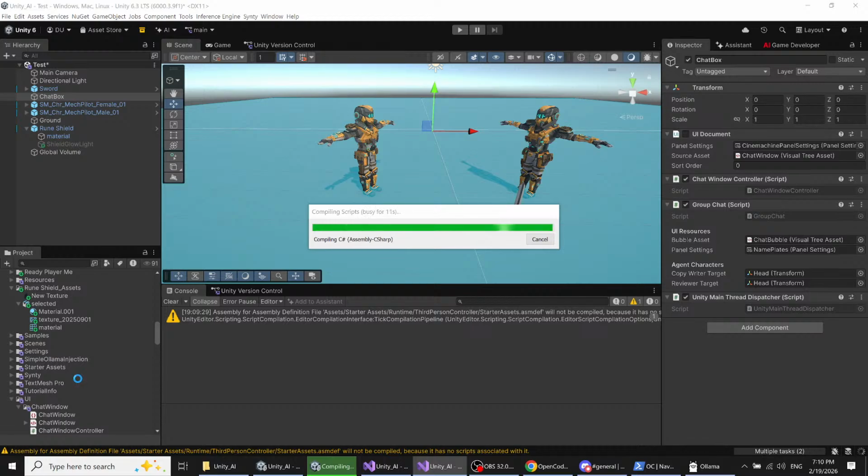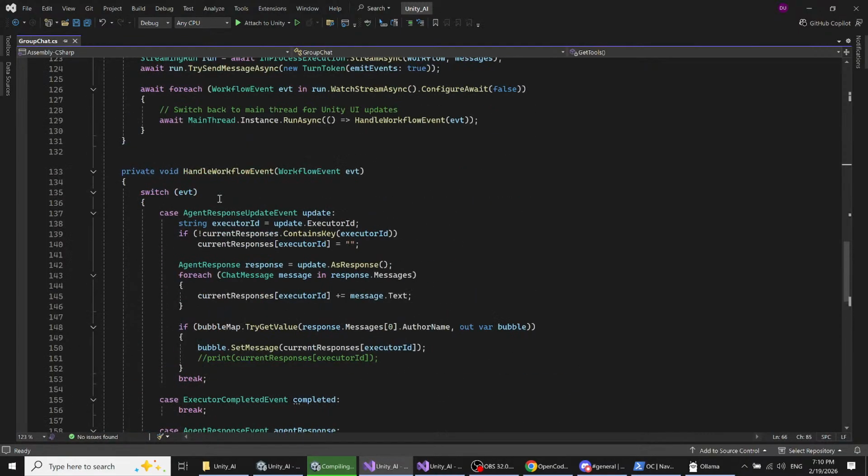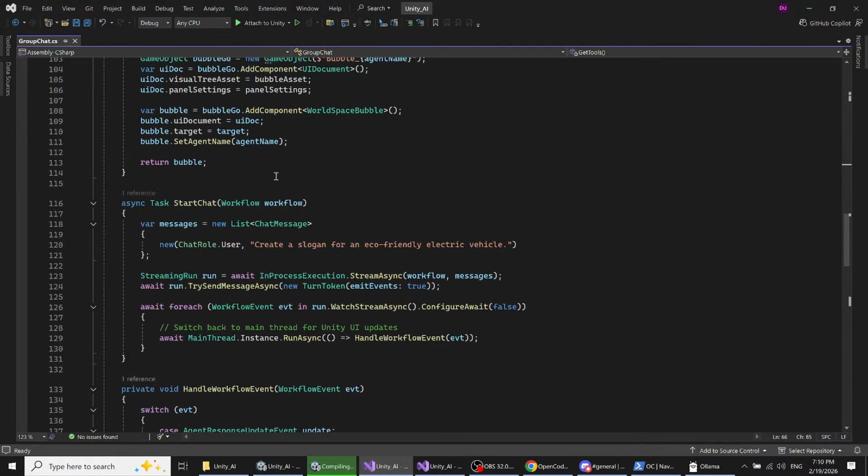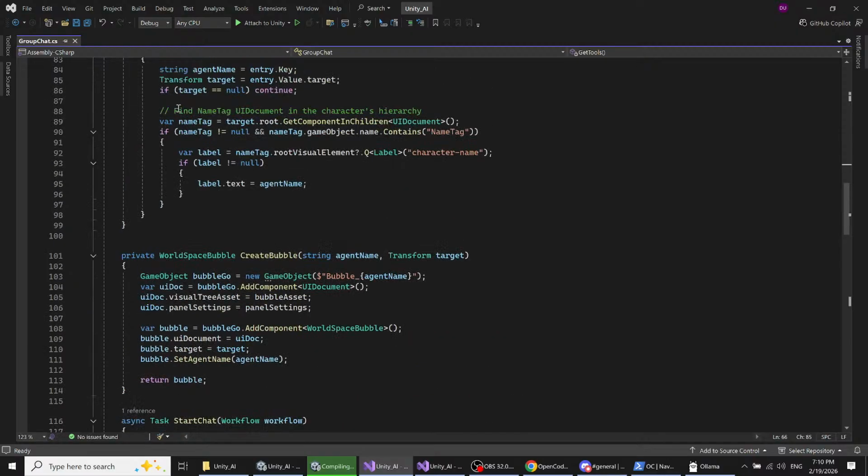It has OllamaSharp installed through NuGet as well. That's compiling. But here,